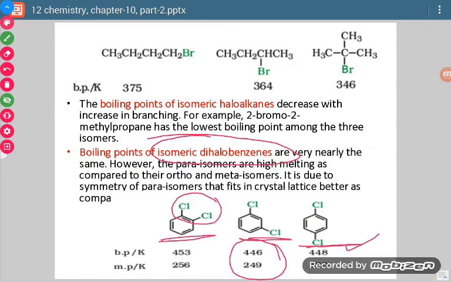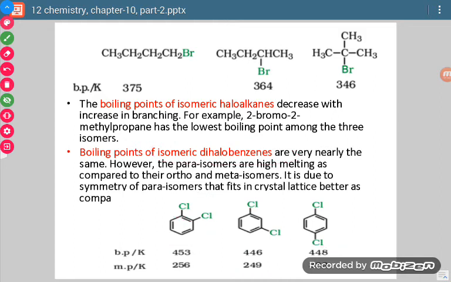Now as far as melting point is concerned, symmetry of the molecule is more dependent. Symmetry is such a thing which will play more role. So out of all these three forms, para form is the most symmetrical form. So when we see its crystal lattice, then the fitting is much proper. So because of most proper fitting of these molecules in their crystal lattices, the melting point values are maximum in case of para. And in case of ortho, because of ortho effect, they are having slightly more values than meta.